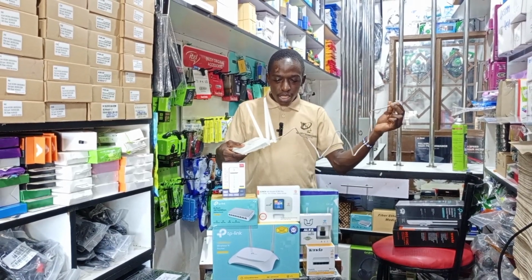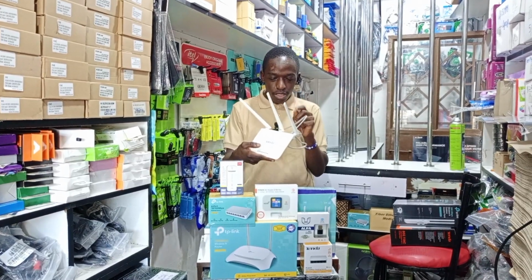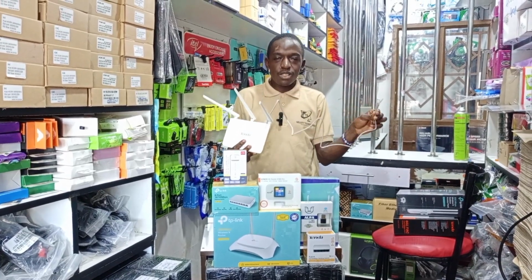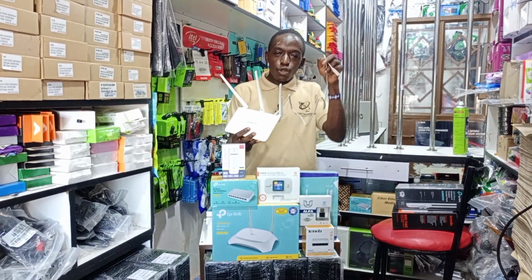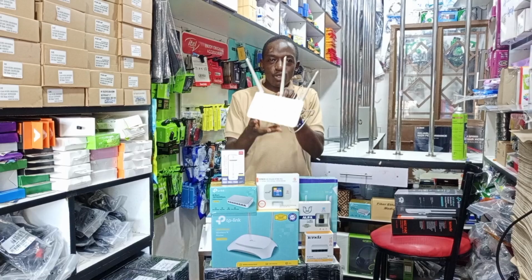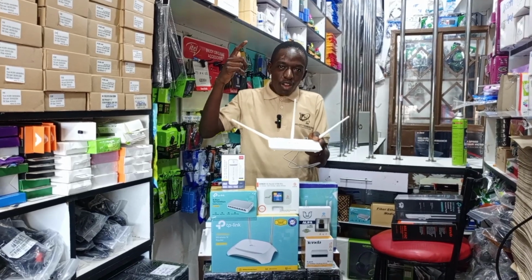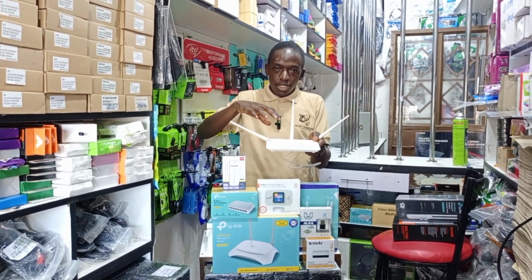So from the ISP, this data links to your router. Hope I'm understood there. So we have the ISP or service provider provides the service, which is now data. Data flows through this cable, and you at your house you have a router. So the data comes to your router for you to access now this data, for you to access the internet, which is a global connection of devices. Okay,